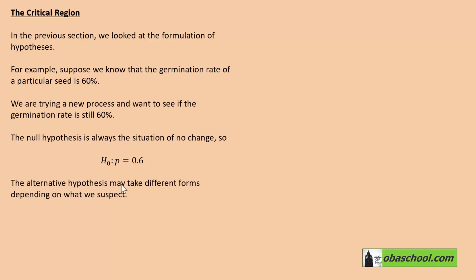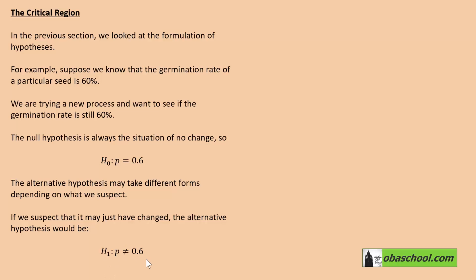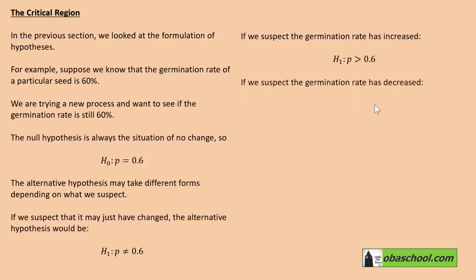The alternative hypothesis may take different forms depending on what we suspect. If we suspect that it may just have changed, the alternative hypothesis would be that p is just not 0.6. That leads to a two-tailed test where we have a critical region at either end. If we suspect the germination rate has increased, then the alternative hypothesis may be that p is more than 0.6. And if we suspect the germination rate has decreased, then the alternative hypothesis would be that p is less than